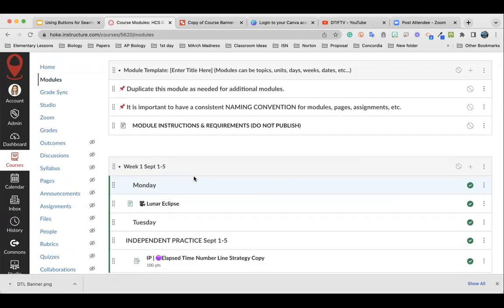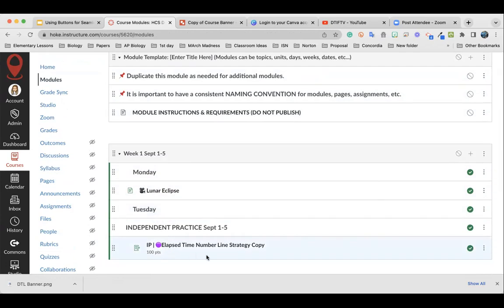I want to show you some ways that it could look set up. So you see here, it is important to have a naming convention. We're saying that because if we just do Monday, Tuesday, Wednesday, Thursday, by the time we're 4 months in, we've got 8 Mondays and Tuesdays, and now Canvas starts to get crossed. So our pages and our assignments have to have specific names